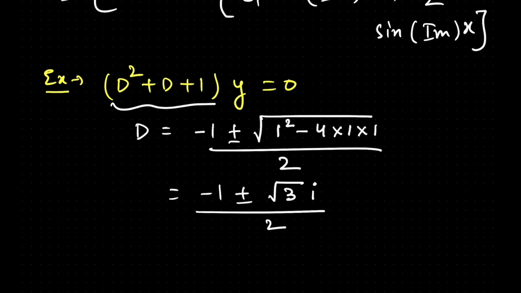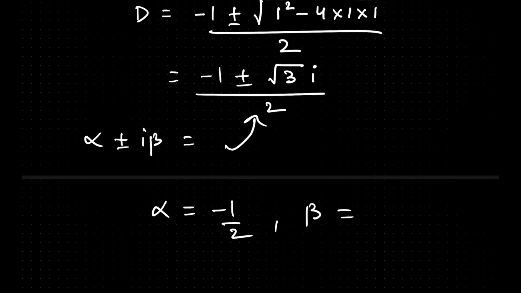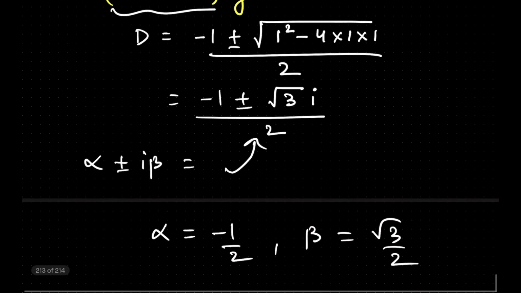by 2. If you compare this with alpha plus i beta, you will get alpha as minus 1 by 2 and beta, which is your imaginary part, will be root 3 by 2. So now if you use this formula to get our solution,